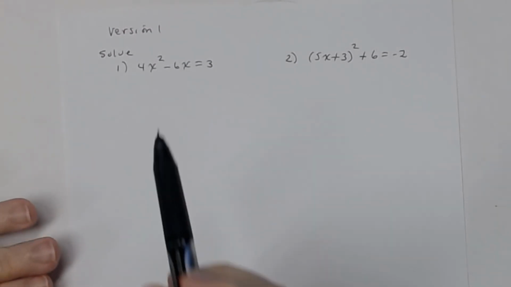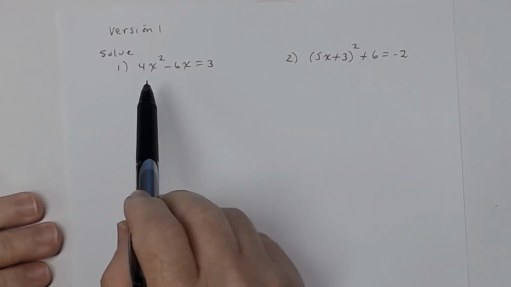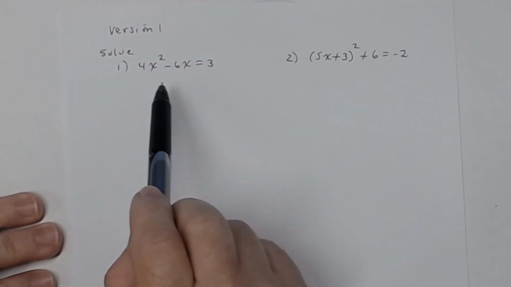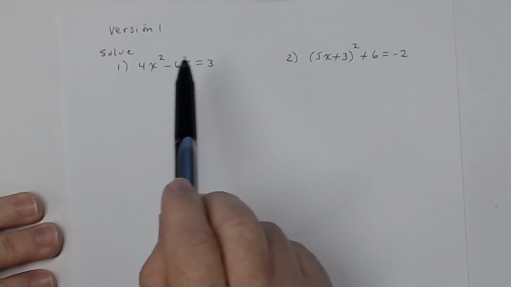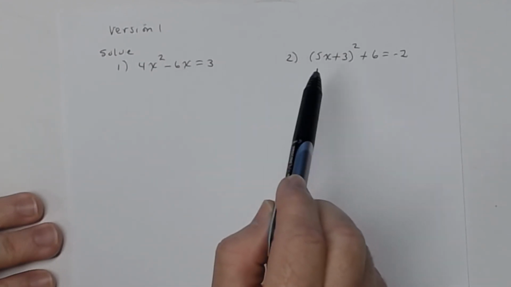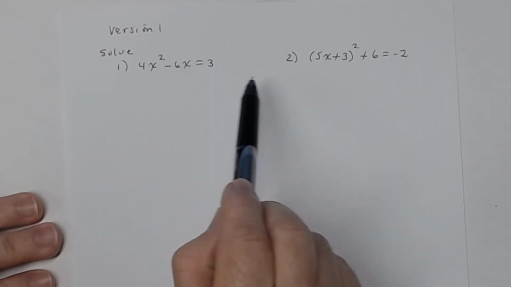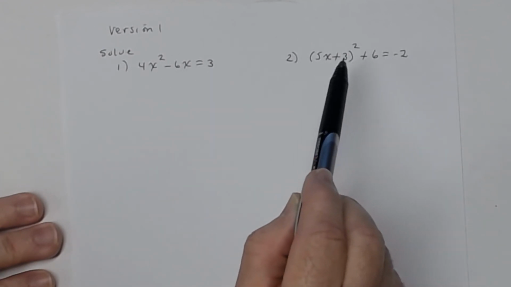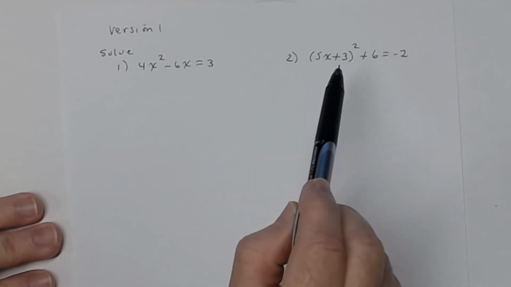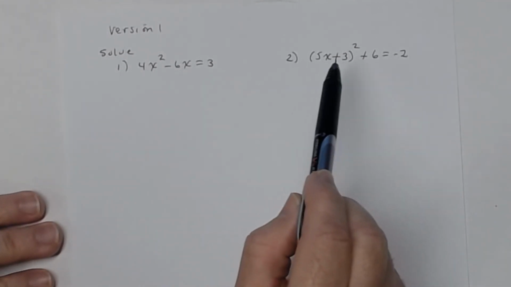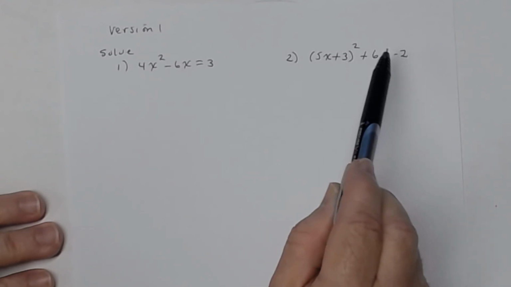All right, so this is the key to version 1 of the quiz that you just took. And there are two problems, and in both of these, you had to solve quadratic equations. Now, the first equation looks different than the second equation, even though they're both quadratic equations. So we're going to solve each one of these differently because the way I wanted you to solve number 2